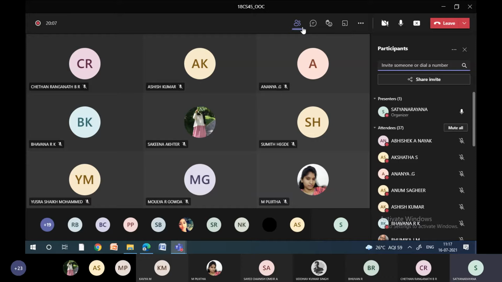What is the difference? Sir, as far as I know, with a radio button we can only choose one, and with a checkbox we can choose more than one. Very good. So that is the major difference. A radio button is like a one-item select. That means you can choose only one item. Whereas in a checkbox, you can choose multiple items. When you have multiple items to select, you need to go for the checkbox. When you have only one item to be selected, you need to go for the radio button. Very good.